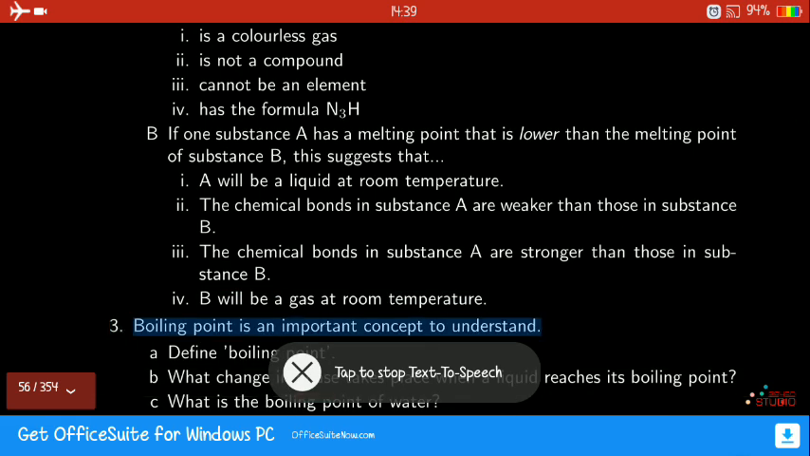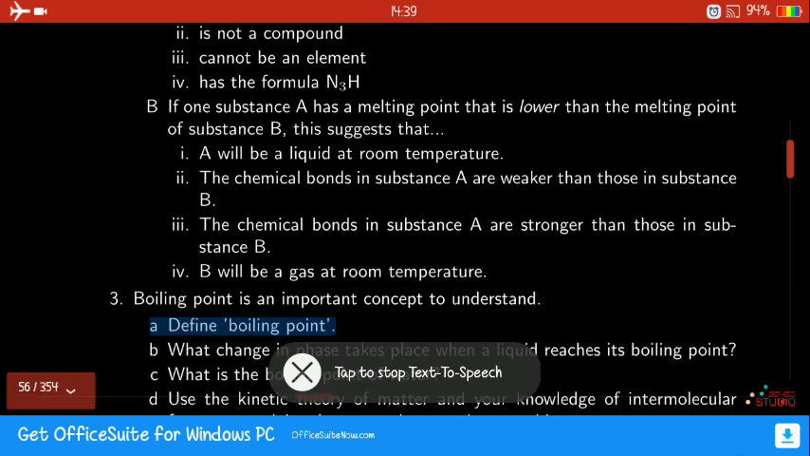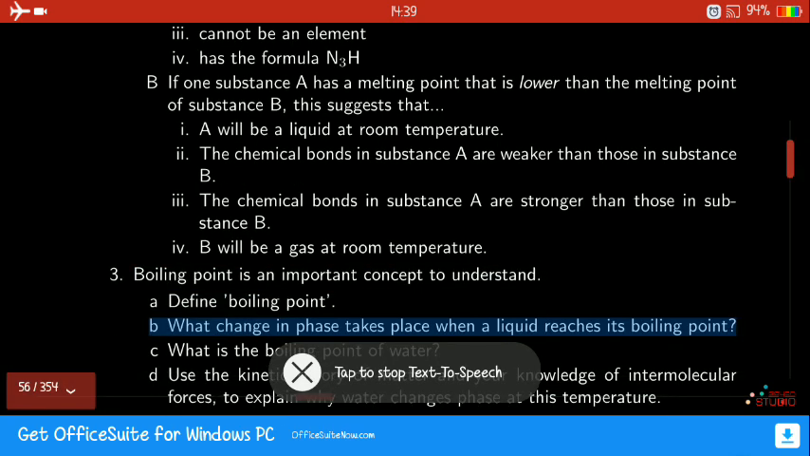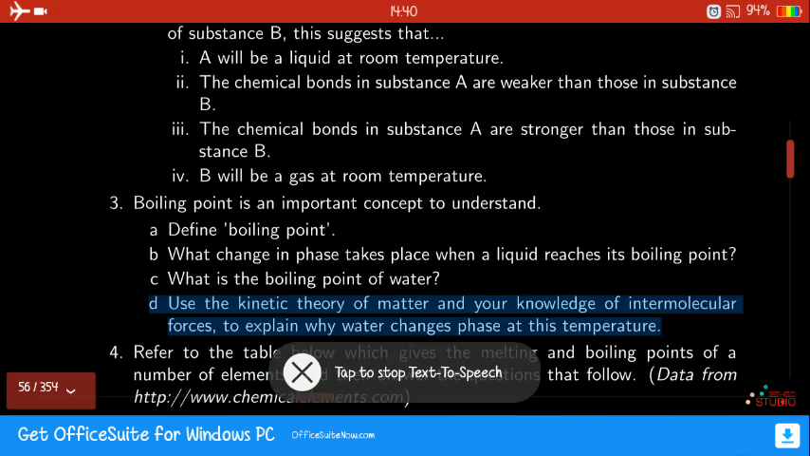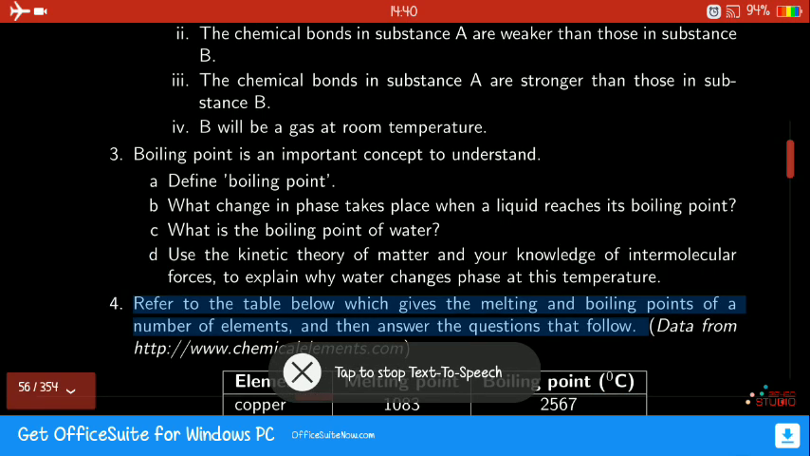3. Boiling point is an important concept to understand. A. Define boiling point. B. What change in phase takes place when a liquid reaches its boiling point? C. What is the boiling point of water? D. Use the kinetic theory of matter and your knowledge of intermolecular forces to explain why water changes phase at this temperature. 4. Refer to the table below which gives the melting and boiling points of a number of elements